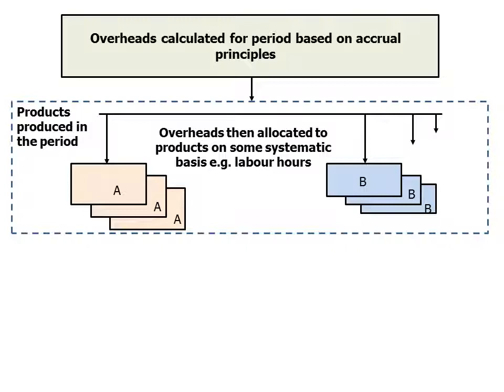I'm not going to talk about the different methods of allocating overheads to products. That's really a management accounting issue. Some systematic way. The key is that all of the overheads, all of the planned overheads are allocated to all the products being produced in a period. So here we've got two different product lines, product A and product B, and the overheads are split between these two different product lines, reflected in the valuations of the